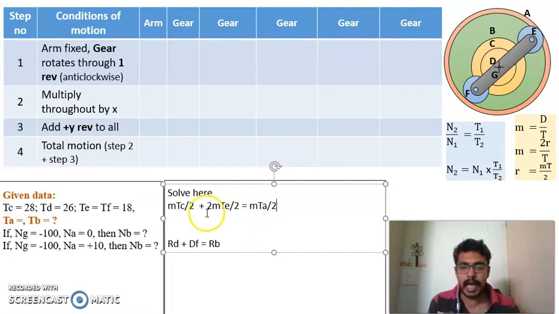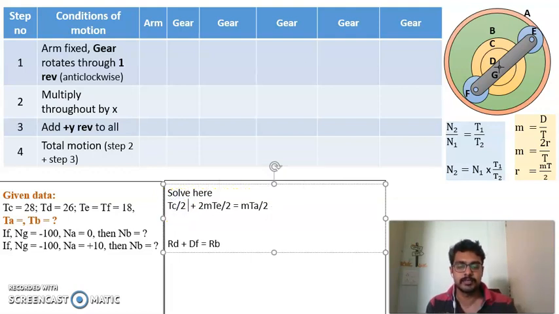Now if you look at the 3 terms, module is common throughout in the numerator, while 2 is common throughout the denominator. The module is the same for all gears, that is what they have given to us in the question. So let us cancel out the module from the numerator of each term and the numerical term 2 from the denominator of each term. Then what we are left with is